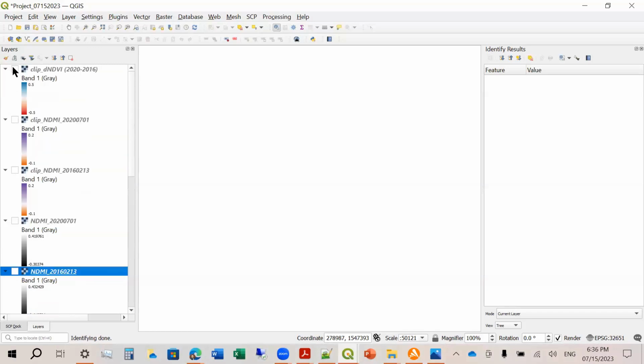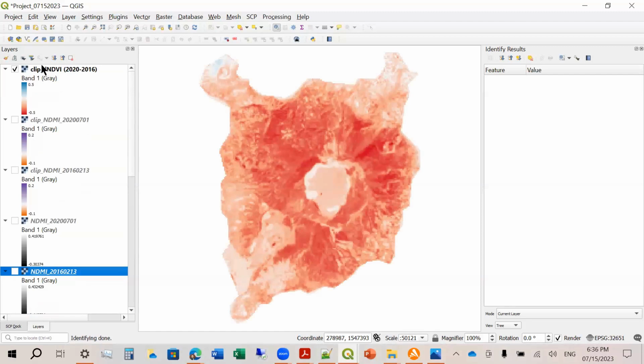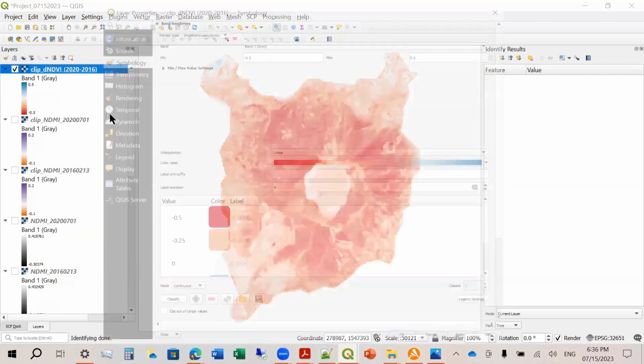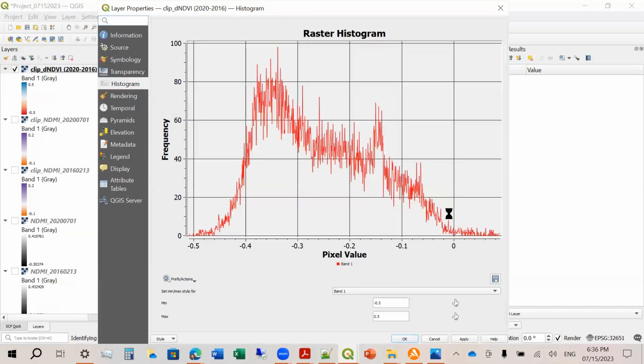This is the difference. Opo, yung histogram niya. So let's look at the histogram nito. This one? Opo. Okay, so ang ibig sabihin nito, what this means is when you have a negative value, meaning there's a decrease in NDVI. So the NDVI before in 2016 is higher than the NDVI in 2020. So that's why there's a negative difference. Okay, so when we say difference, that's basically change.